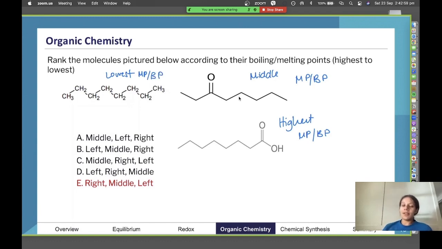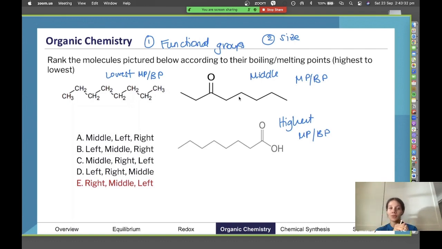So let's have a think about why that is. What are the actual things that affect, I'm just going to say melting point, but it's the same thing for boiling point. If we're affecting our melting point, we want to think about what is the level of intermolecular force keeping these molecules together, and that's going to come from our functional groups. So first thing is looking at functional groups. Another thing we can look at is the size of the molecule. A bigger molecule will have more dispersion forces, which will keep the molecules more tightly knit, which means it'll be harder to separate them in order to change states. So that's another thing to consider.